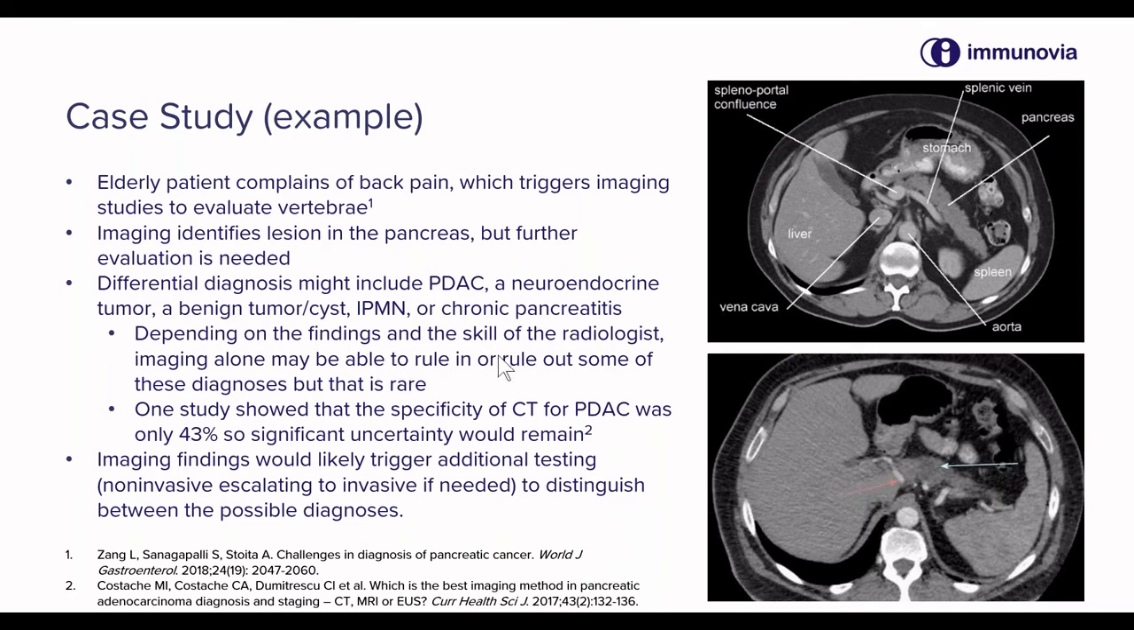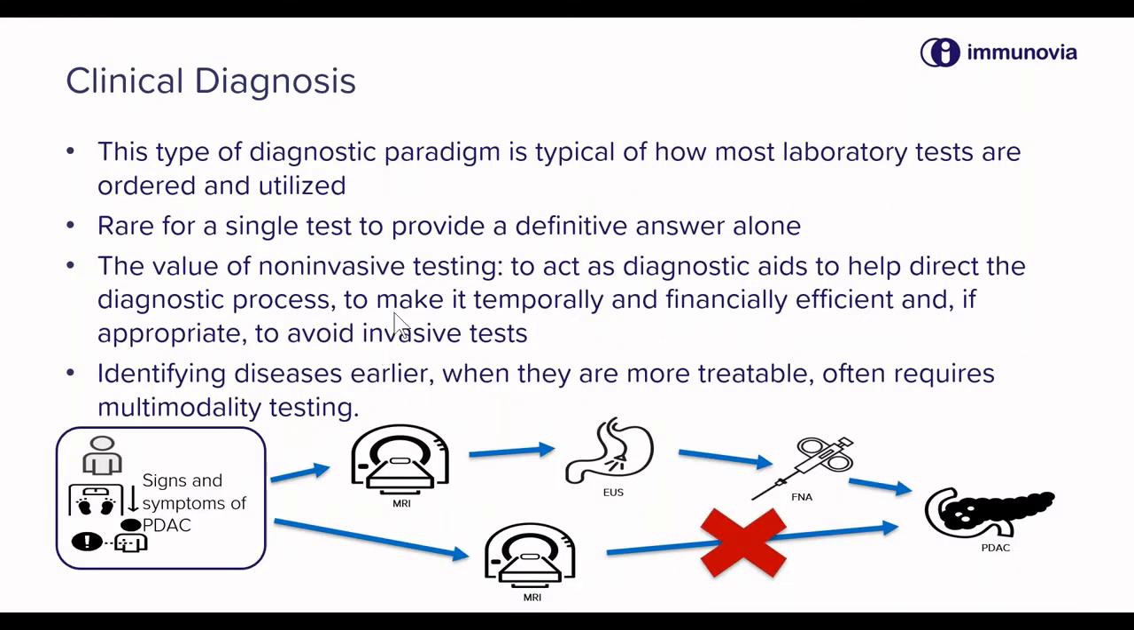Many times a CT scan will suggest pancreatic cancer when it's not there. It's some other disease process going on. So imaging findings like this are very likely to trigger additional testing, which may escalate from non-invasive testing to more invasive testing to distinguish between these diagnostic possibilities. This type of diagnostic paradigm that I've described is very typical for how different types of laboratory tests and imaging are ordered and utilized. And as I've said, I want to emphasize it's very rare for a single test to